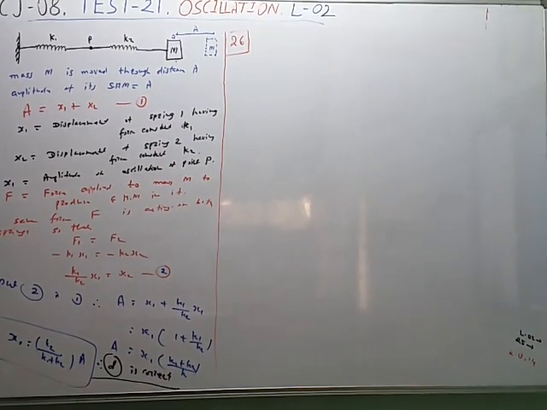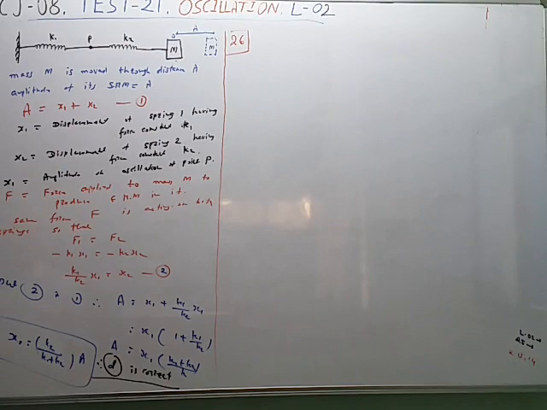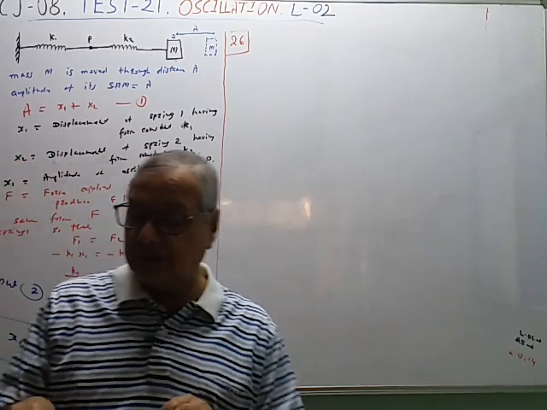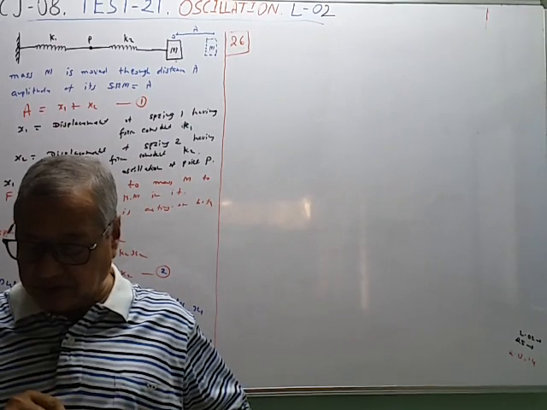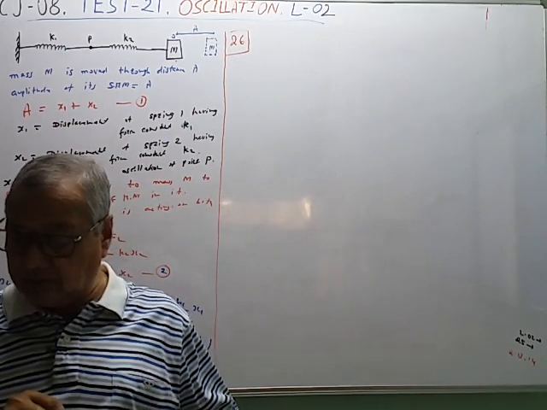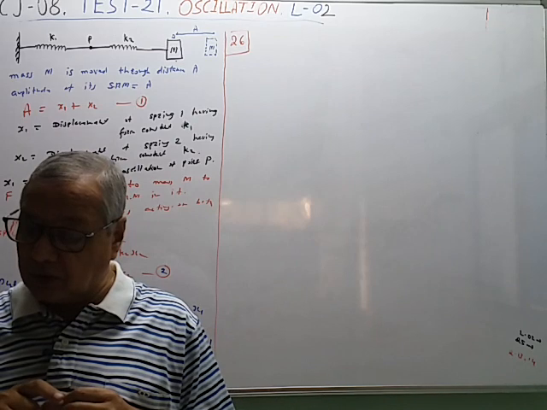Next, question number 6. Four figures are given and we have to find which motion is simple harmonic. Consider the mechanical vibrating systems shown in the figures A, B, C and D. The vibrations are simple harmonic in